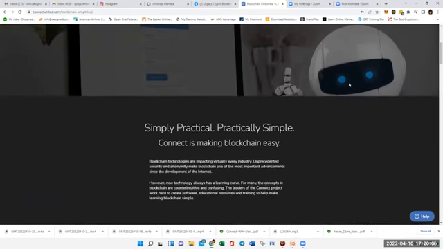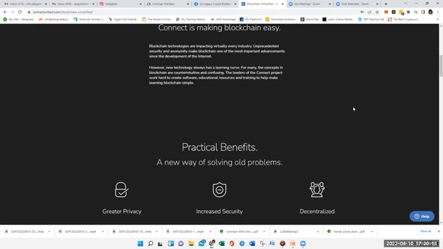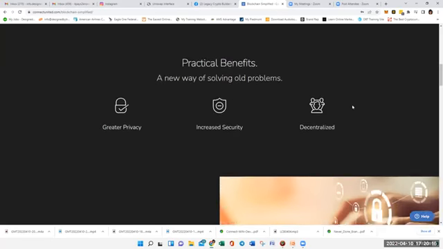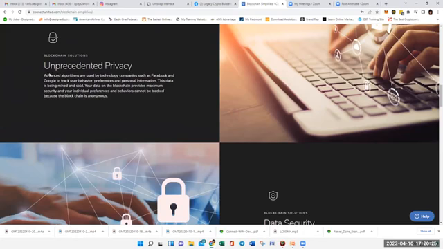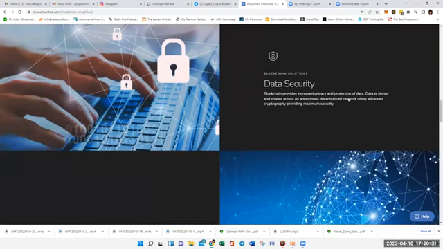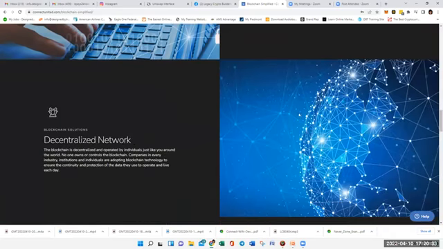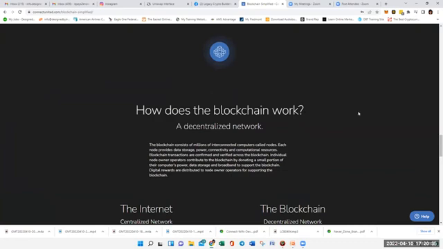It's going to show and talk a little bit how simply practical and practically simple Connect is making this blockchain easy. And it's going to tell you exactly what they're doing. And it's going to talk about the greater privacy, the increased security, as well as it being decentralized. And it's going to give you a lot of information. It talks a little bit here about the blockchain solutions, the unprecedented privacy. It talks about data security, talks a little bit about the decentralized network, and you can continue to scroll down